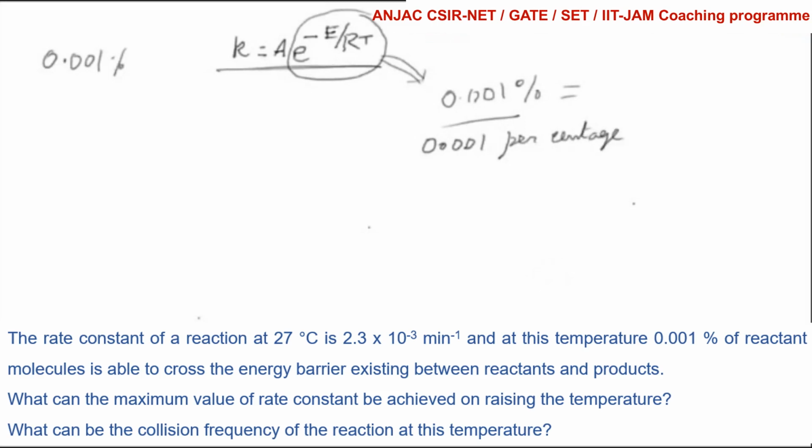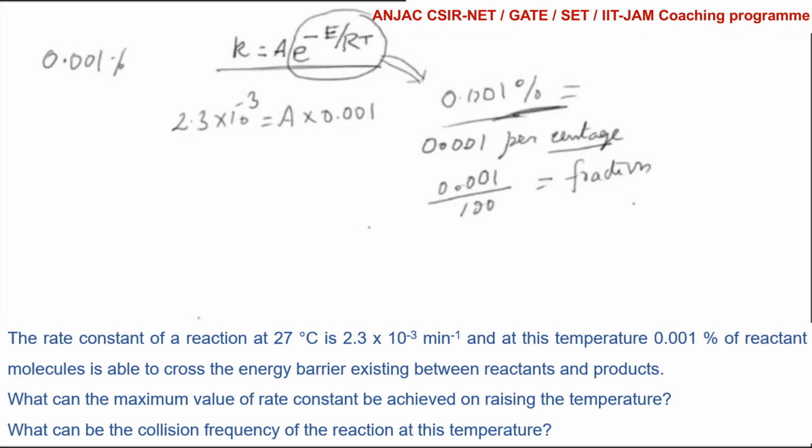what do you mean by this? It is 0.001 divided by 100. This is equivalent to the fraction. This is not the fraction, this is the fraction of the molecule. Therefore, be careful in that place. The value of k is 2.3 into 10 power minus 3, equivalent to A into